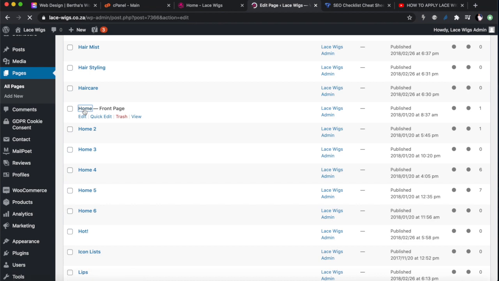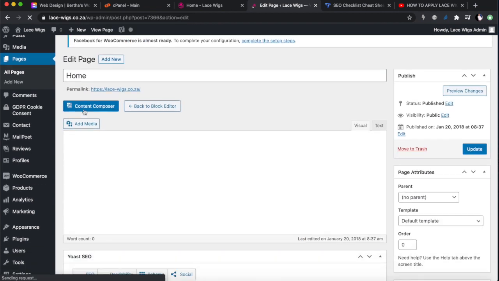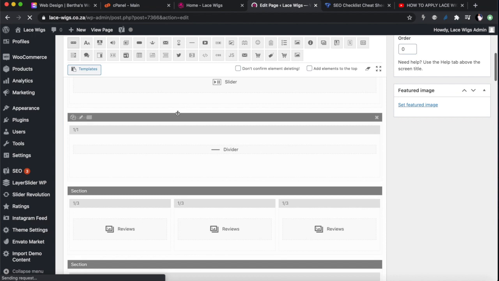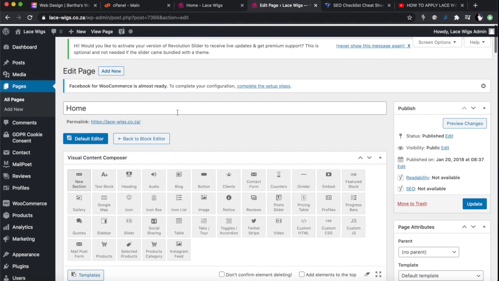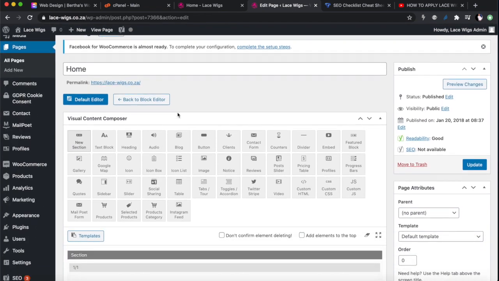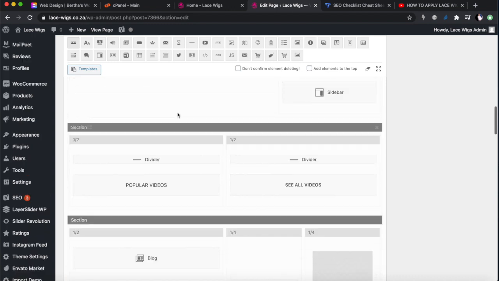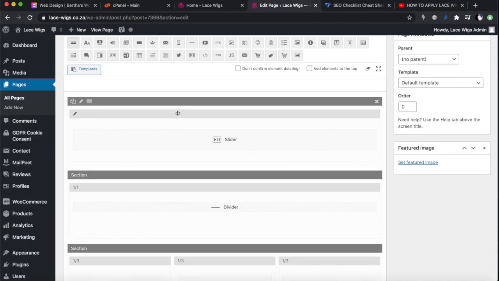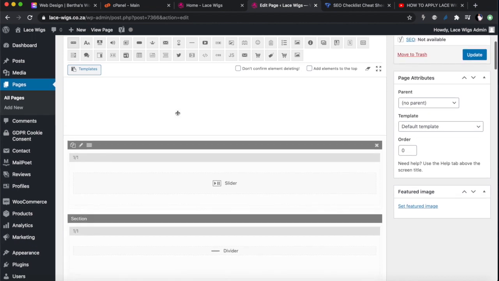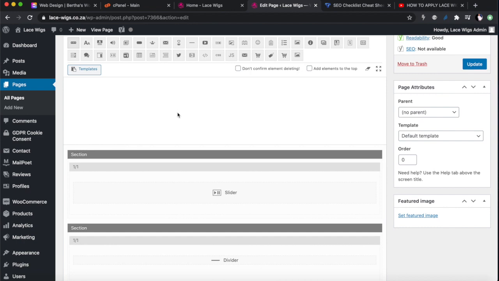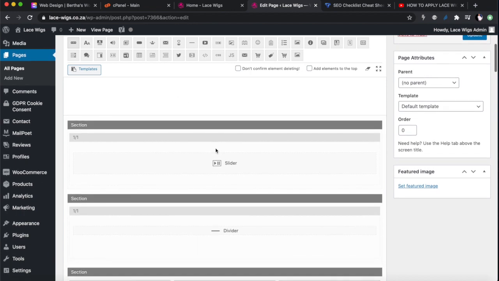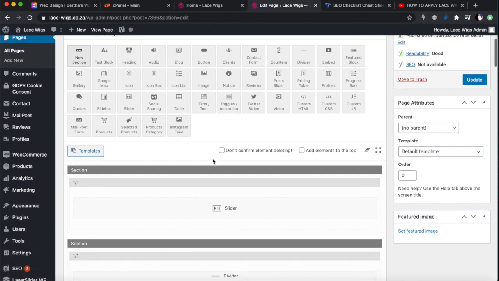So if I want to click at the front home page, you will see the front home page. This is the way the Content Masters CMS build it. CMS Masters build their pages. We're not going to be using the typical sort of page builder that we've been using. The page builder that they use already comes with the theme itself, and at the very beginning is your slider.